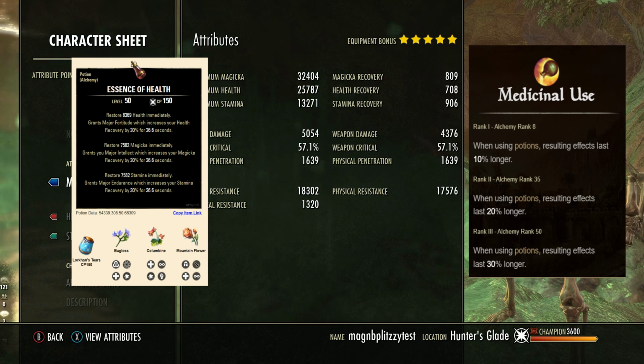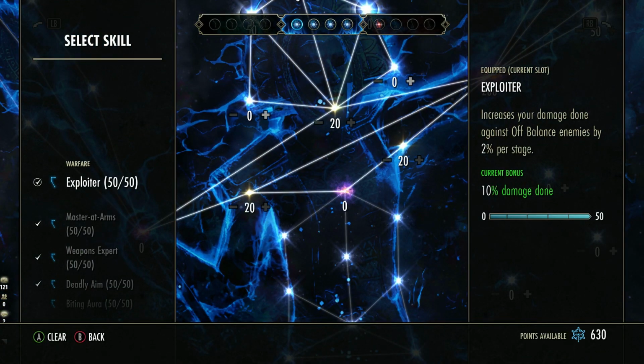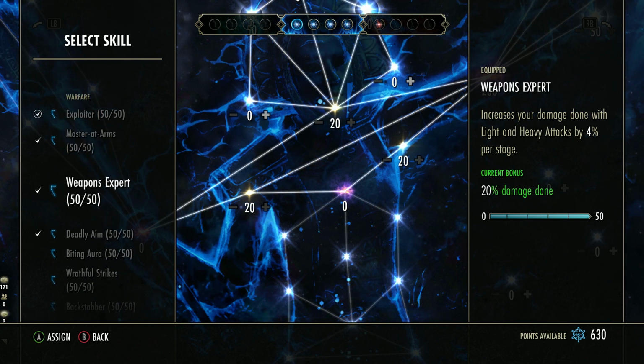For the potions, since we are a heavy attack build, we are going to have tons of sustain, so you don't really need to use potions to recover Magicka. But what you can do is run tri-stat potions as a pseudo heal or even just to fill up your stamina. For CP for the blue tree, we're going to be running Exploiter, Master-at-Arms, Weapons Expert,